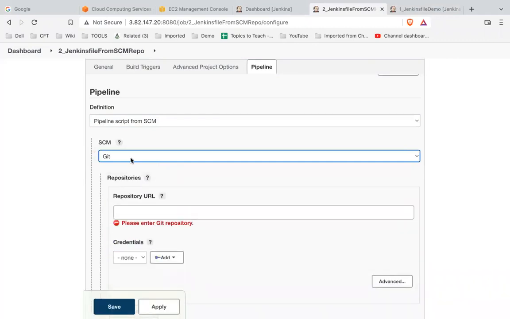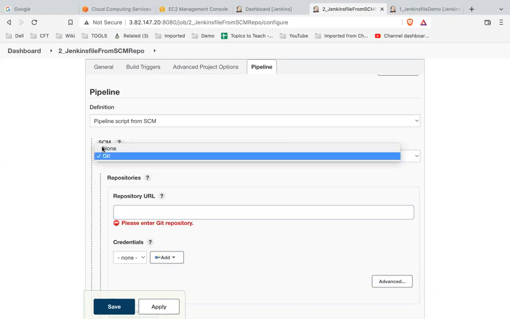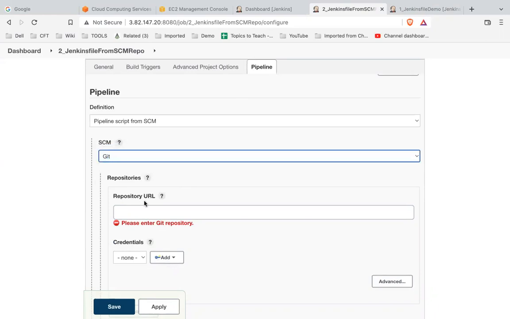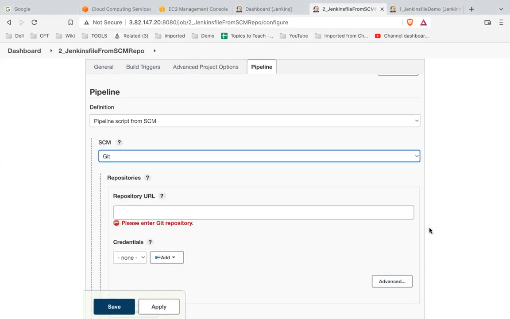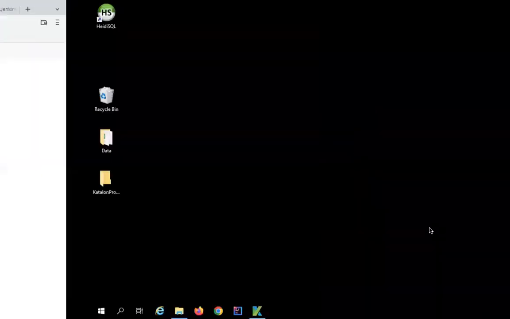Just in case you are using a different SCM tool, you can always go to Manage Jenkins, Manage Plugins, and get the plugin for your SCM tool, and then it will be available in this drop down. So I will use Git, and I have to give a repository URL here. So let's say I will